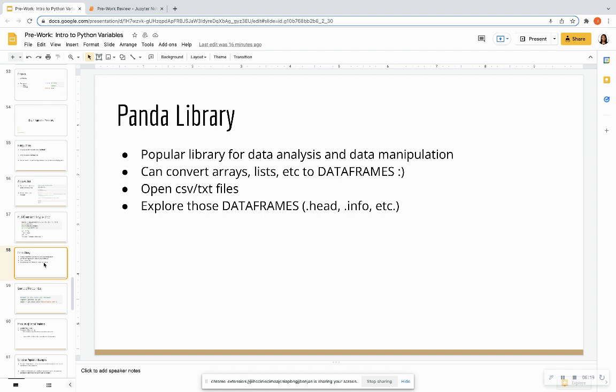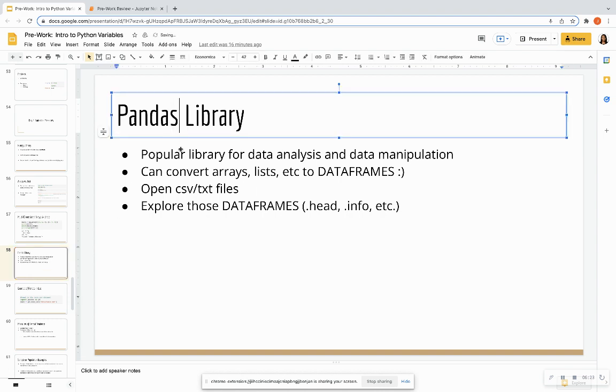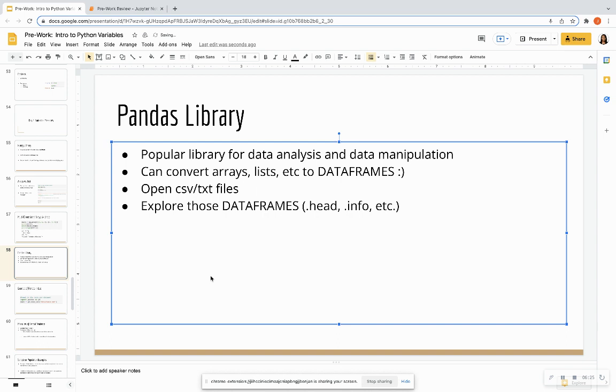Okay, so let's talk real briefly about pandas. So, the pandas library. Pandas is a very, very popular data library. Okay, it's used for data analysis and data manipulation. One of the main uses of this is to convert those arrays that we just created into data frames. And this is very important because when those arrays transform into data frames, you're able to do a lot of